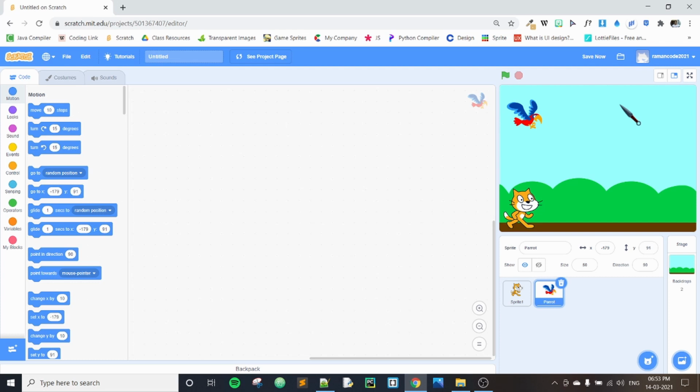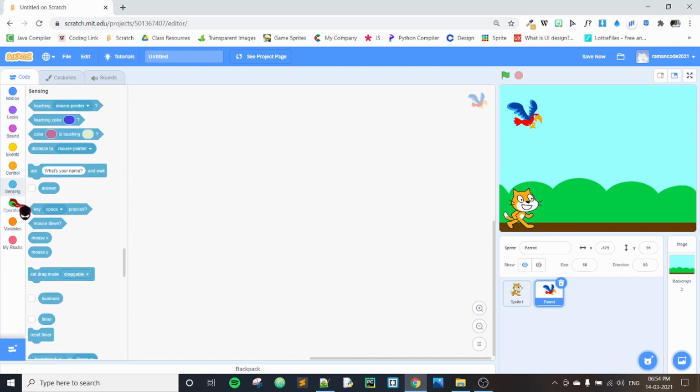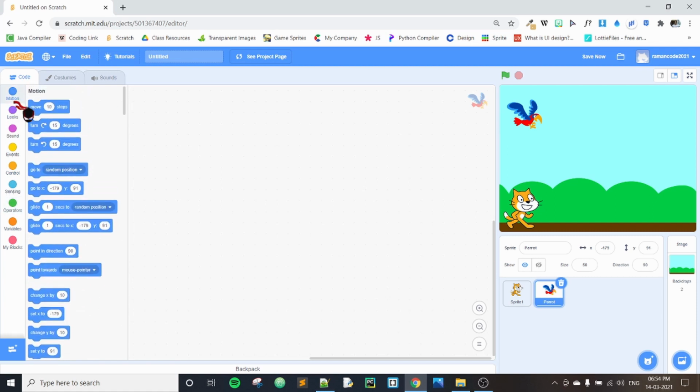That's it. Now come to the left side of your screen where you will find a lot of colors. These are all the different categories that you have with blocks, right? See here, you can see some rectangular bars, which we call blocks, right? In each and every category, you will have a list of blocks available. So the first category that you have is motion. Now let's take this, click here, drag it and put it in the center of your screen. So this is what we call a block.